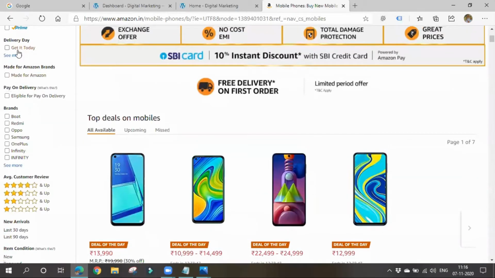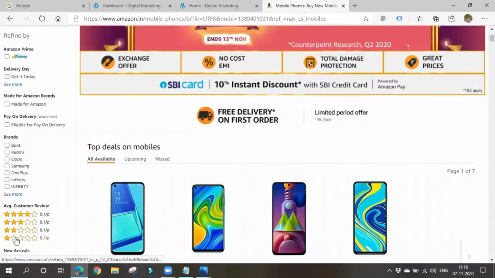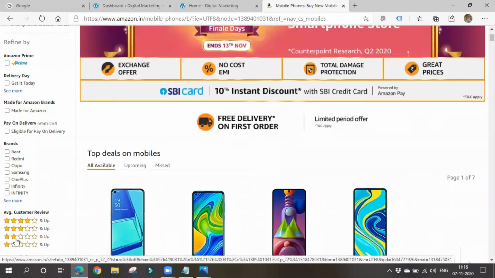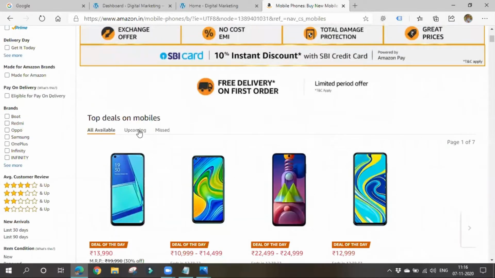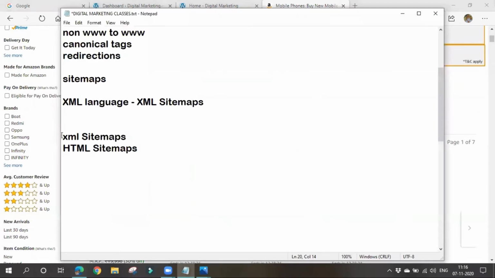So like this we'll be providing proper navigations to the user also. Even for a user it is difficult to find a specific page or specific product easily. That's why in order to help a user also, we'll be providing them with proper navigation so that they can easily navigate and get their things done. So this is known as an HTML sitemap. You'll be using XML language in order to create XML sitemaps, as the server or Google can only read this language. So, clear till now?